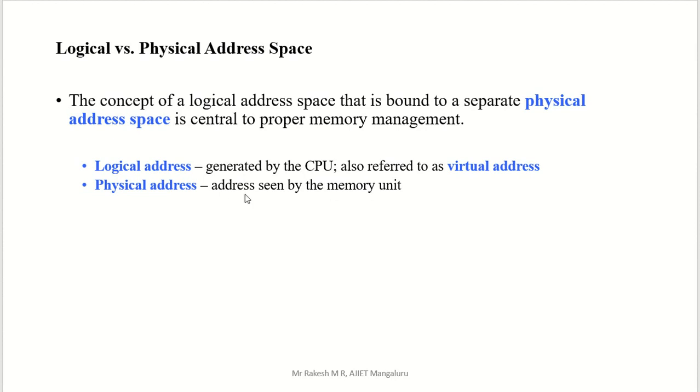Memory has physical addresses, CPU has logical addresses. Logical addresses are contained in the logical address space, and physical addresses are contained in the physical address space. Again I will repeat, a logical address means one generated by the CPU. A physical address means the address seen by the memory. We can see whatever address is in the memory, right?